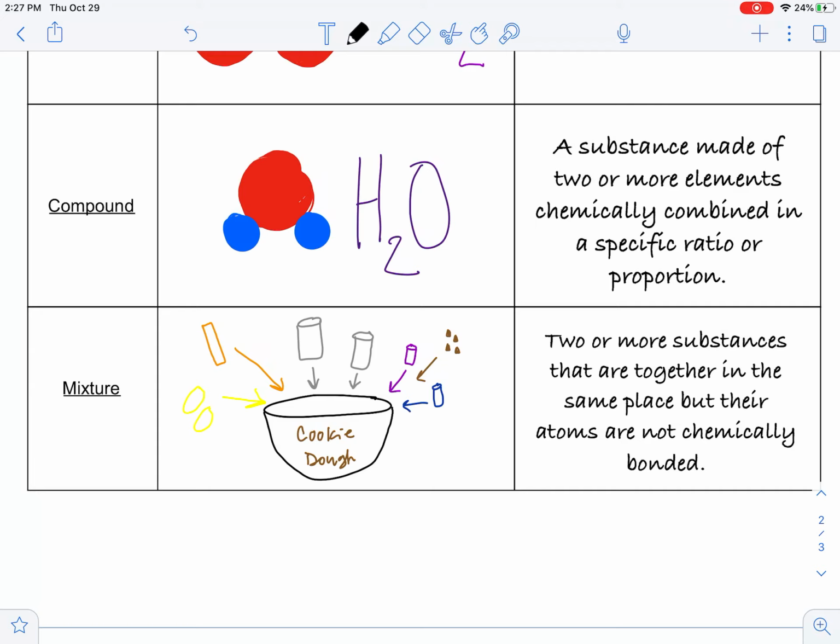Now, if you can think of a better mixture that you want to use, that again is two or more substances put together at the same time, but they're not chemically bonded, feel free. If you have a cup of lemonade, there's so many other things you could add in there. So again, make these your own. If you're not sure, send me an email, ask questions. But I want you to use pictures that are going to help you own the words. So start studying these, look over these, and again, if you're unsure, let me know.